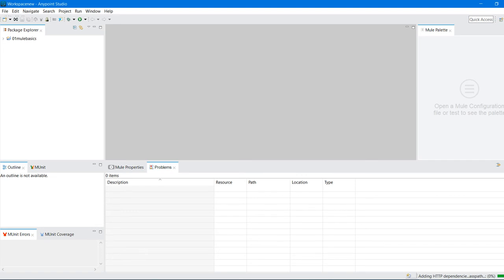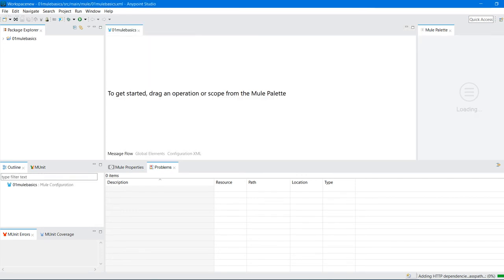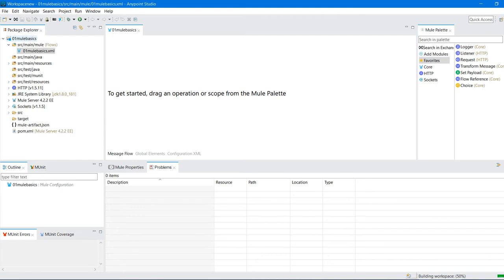See, on the right side bottom, you can see adding HTTP dependencies for the particular project. All the modules and dependencies which are related to this Mule project are getting imported. Once it gets imported 100%, then you can see some structure. This is nothing but a Maven structure. In Mule 4, if I create any project, it's a Mule project, it's nothing but a Maven project. If you have some knowledge of Maven, you can understand this point, right? So this is a Maven structure.